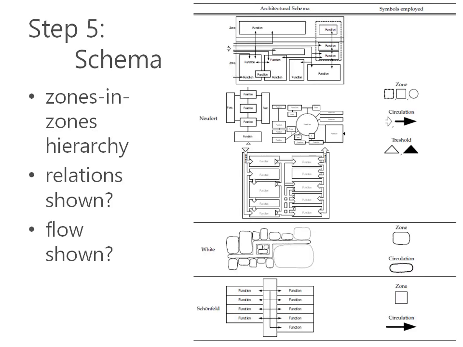Okay, and now after having those zones, you add a circulation and then you are in the schema. There are many ways of depicting schemata. Here are some examples. Neufert uses, like always, this metaphor of a zone depicted by a square or a rectangle. And Neufert also gives us a conceptual